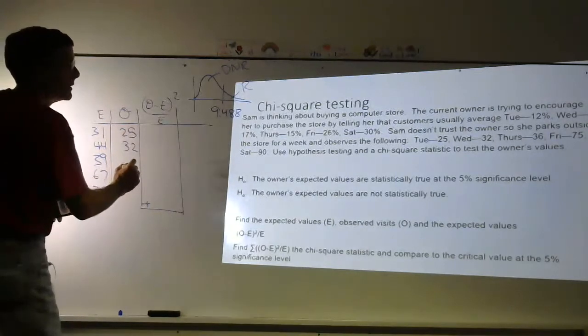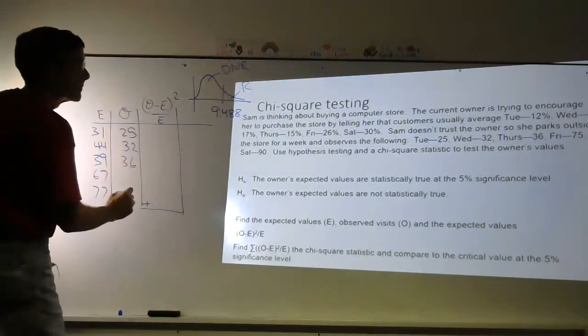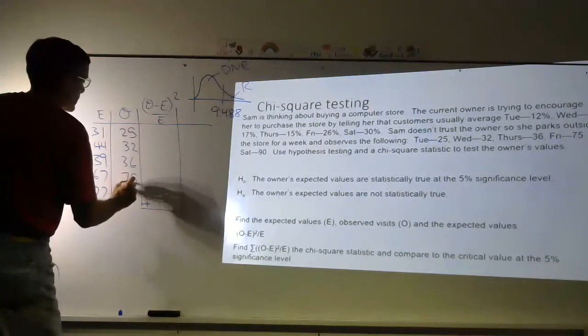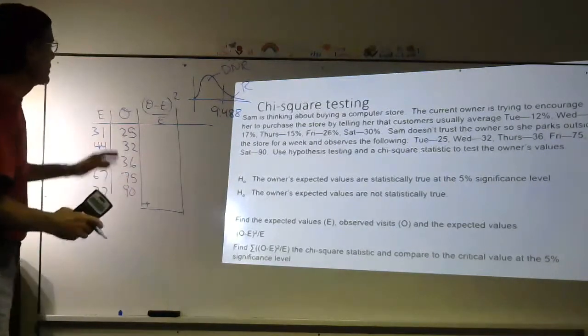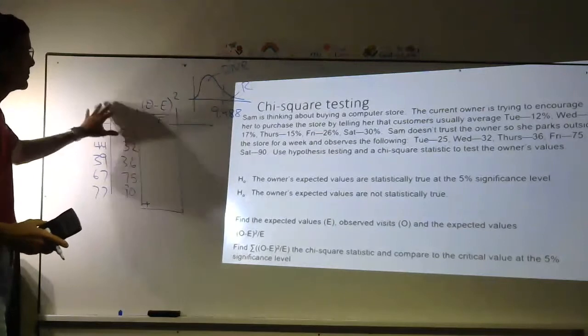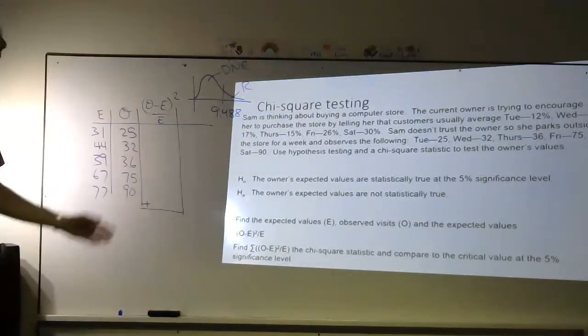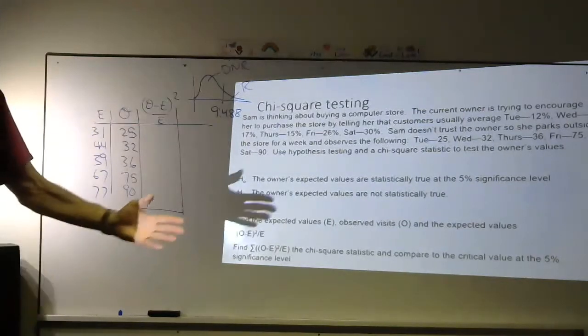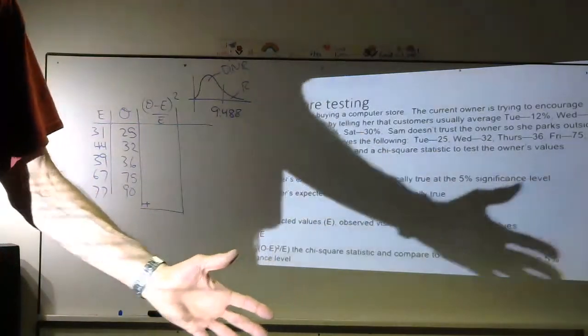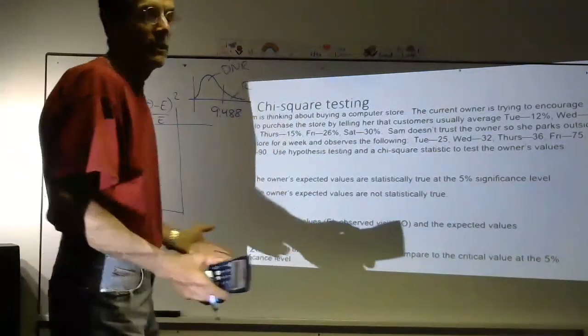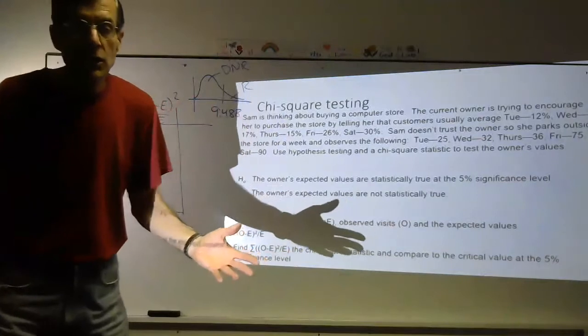What was observed were 25, 32, 36, 75, and 90. Now, by the way, don't get all messed up about trying to memorize that. I will give you the column headings on a test, okay? All you've got to do is be able to understand how to set up the chart and then work it